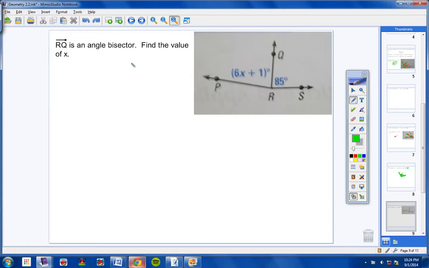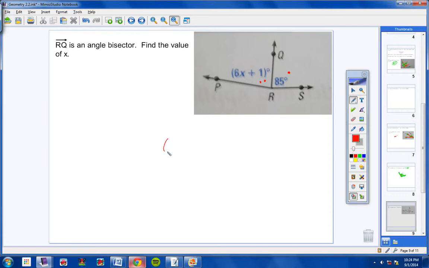Okay, here we go. The first thing I want you to notice is RQ is an angle bisector. So this ray right here cuts this big angle here in red right in half. Okay, so what that means is this angle right here with one dot and this angle over here with two dots are congruent. They're equal. Now think about that. If they're equal and I'm trying to find the value of x,